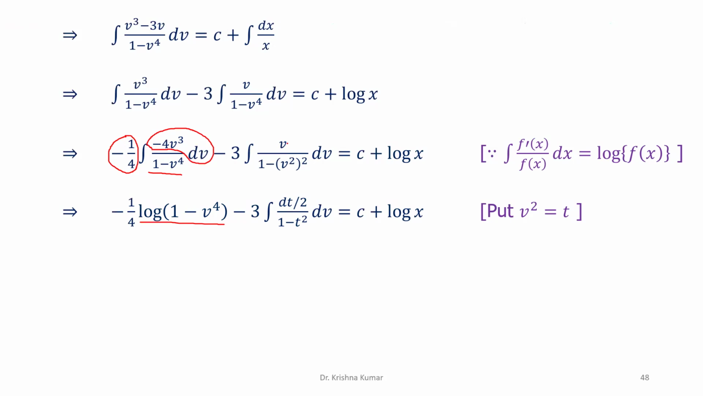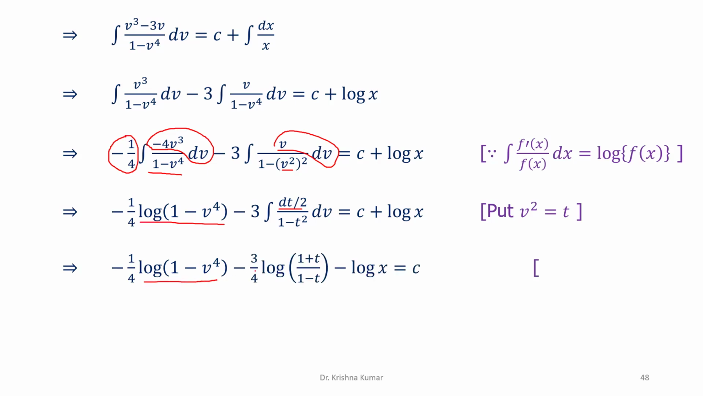Now what is this? If we put v square as t, then 2v dv is equal to dt, or v dv is equal to dt by 2, upon 1 minus t square, dt, which is equal to c plus log x. Now, if we again simplify it, so minus 1 upon 4 log of 1 minus v to the power 4, minus 3 by 4, and we use the formula